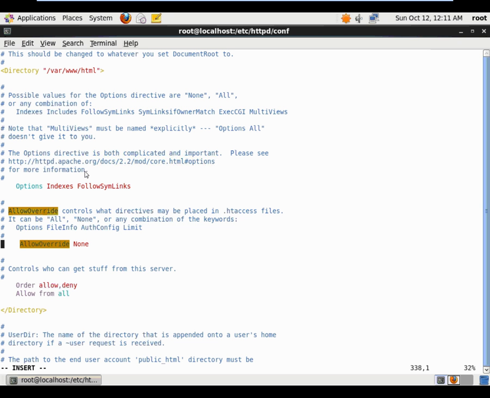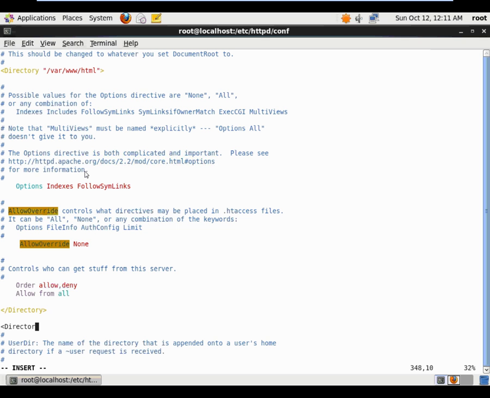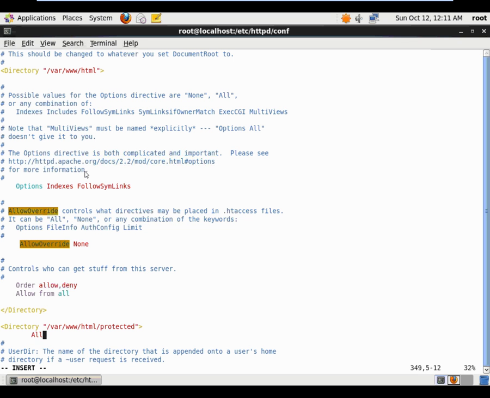The AllowOverride None just basically tells us that the .htaccess file can be placed in no area here, so what I want to do is come down below this and add another Directory statement, and then I want to protect /var/www/html/protected. That's the folder. Okay, and close that, and then underneath that I want to put in AllowOverride AuthConfig,